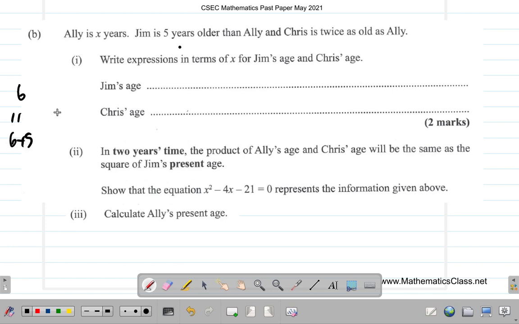You see it? So right now they say Ali is x. We don't know how much Ali is. It's just x. Jim is 5 years older, so x plus 5. You see it? So Jim is x plus 5. Alright. Now the next part says Chris is twice as old as Ali. So right now,